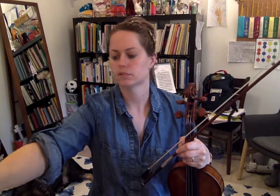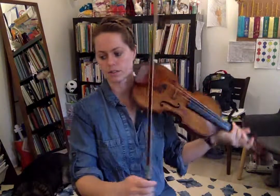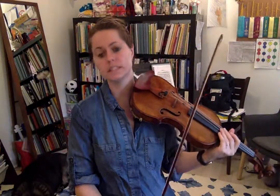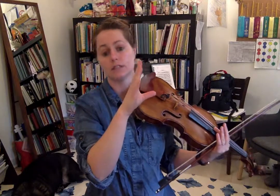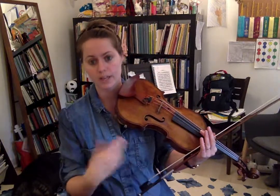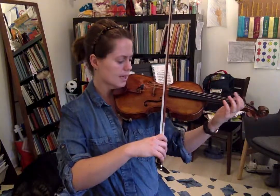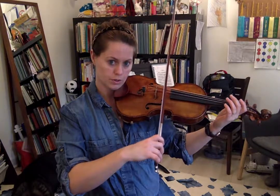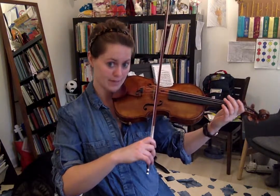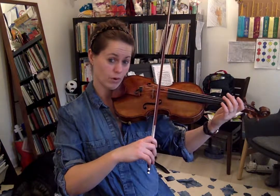Okay, yes, this piece is really all about dynamics. So you'll see these alligator markings, and that's called crescendo. And then you'll see decrescendo. So practice saying that. You want to get soft to loud, crescendo, and then loud to soft, decrescendo. How do you do that on the violin? You start near the fingerboard, and maybe like right here. I would call this lane 1, 2, 3, 4, 5. So we're going to move from lane 2 to maybe lane 3 or 4 to get that